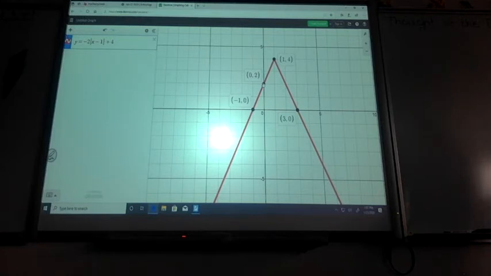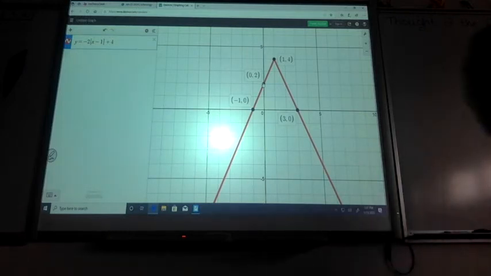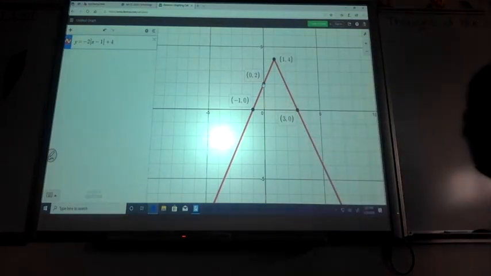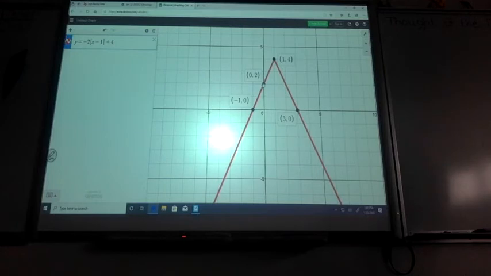What is happening from -infinity to 1? It's increasing. What's happening from 1 to infinity? Decreasing. What does increasing and decreasing mean as far as these graphs? What's the most basic algebra 1 thing? What do you know about increasing as far as slope? It's positive. Decreasing slope is negative.